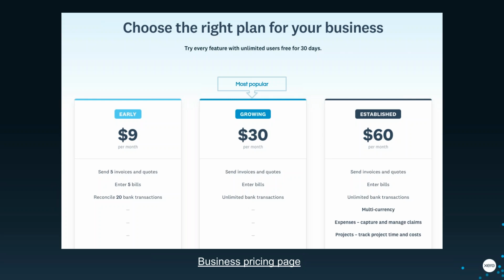We actually will upgrade from there. So our Established plan, being a $60 a month plan, has all the same feature functionality as that Growing subscription. The three key differences, as you can see, are a multi-currency feature. We are a global company, and so if you're interacting or dabbling with other currencies, that Established plan is going to be the way to go. But the other two key features are that it unlocks our Xero Expenses feature as well as our Projects feature. Expenses, as you can imagine, is for handling employee expense claims. We have a mobile device application for this as well